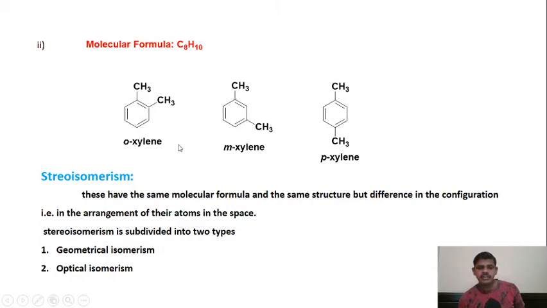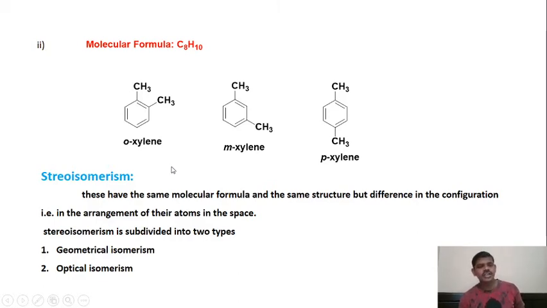Every one of these examples has CH3 groups attached at different positions. Here it is ortho, here it is meta, and here it is para. So all these three are the positional isomers of one another, and this isomerism is positional isomerism. This is how we have seen the three types of